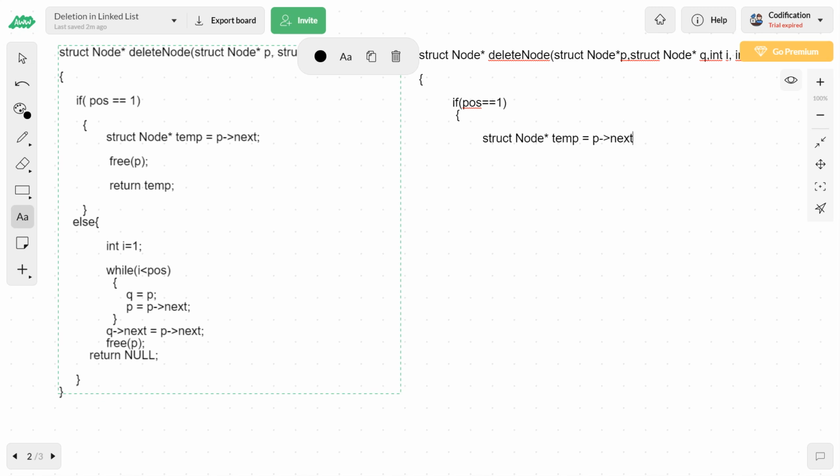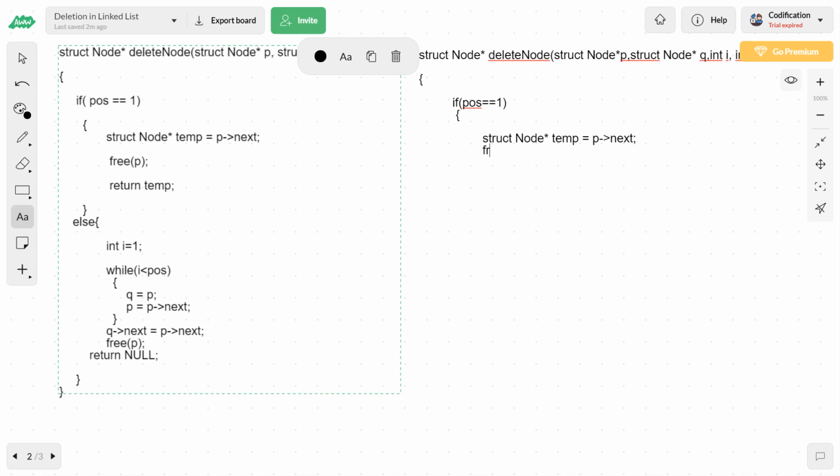Because the first node is going to be deleted, the address of the first node is not important. The address of the second node becomes important because that is going to be the first node hereafter. After preserving the address of the second node in temp, it is time to delete the first node.